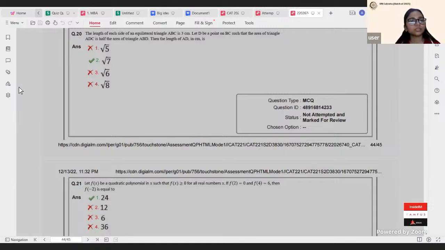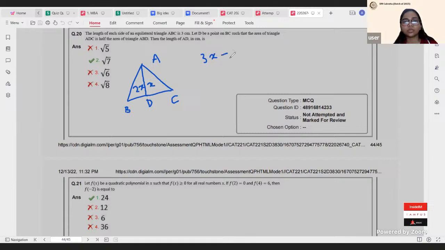Regarding this question, the length of each side of an equilateral triangle ABC is 3 centimeters. Let D be a point on BC such that the area of triangle ABC is half of the area of triangle ABD. Okay, so this is basically half of this. So this is 2x. This is x. 3x is